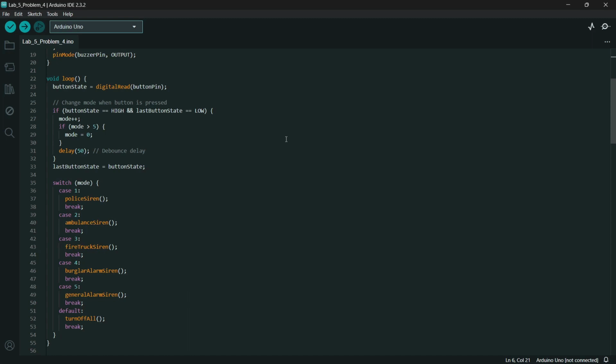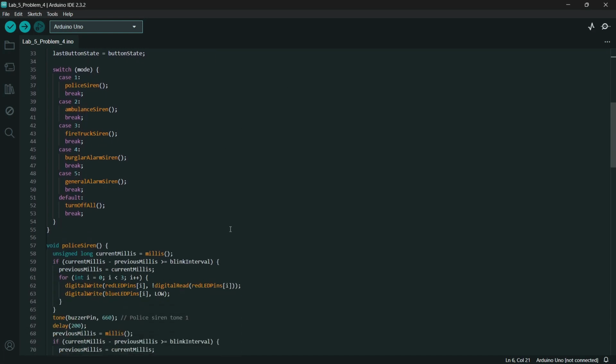If the button is pressed, transitioning from low to high or high to low, then the mode is incremented. If mode exceeds 5, it resets to 0. A short delay is used to help debounce the button. Depending on the mode, a specific siren function is called.